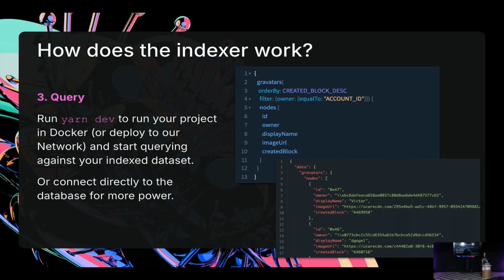And at the end, you can start your indexer. We use Docker for it, and with the simple command yarn dev, you're able to get it started. And at the end, if you use your local machine, visit localhost 3000 and you will see a GraphQL playground, and you will be able to query the data.